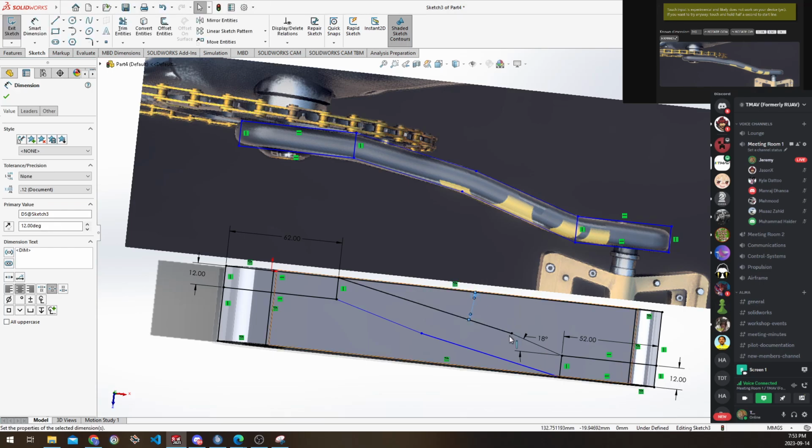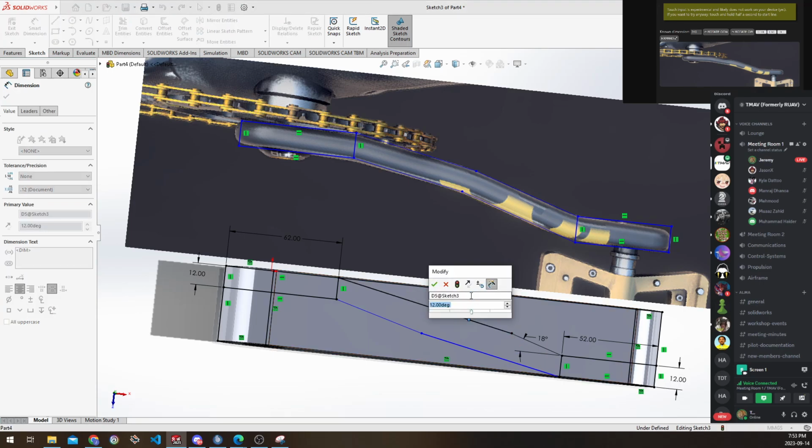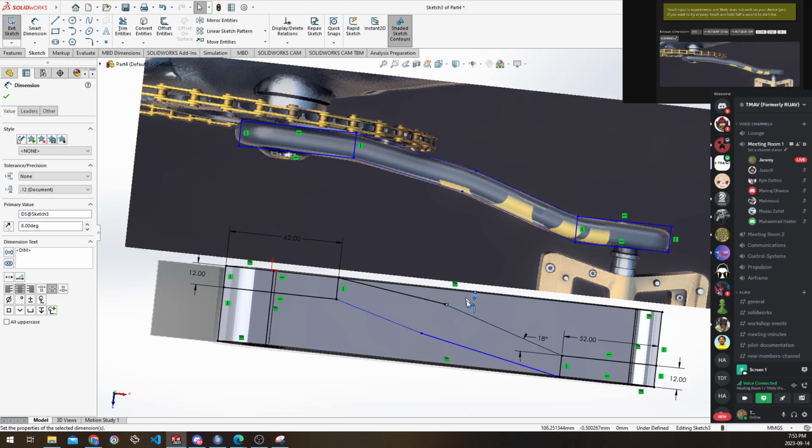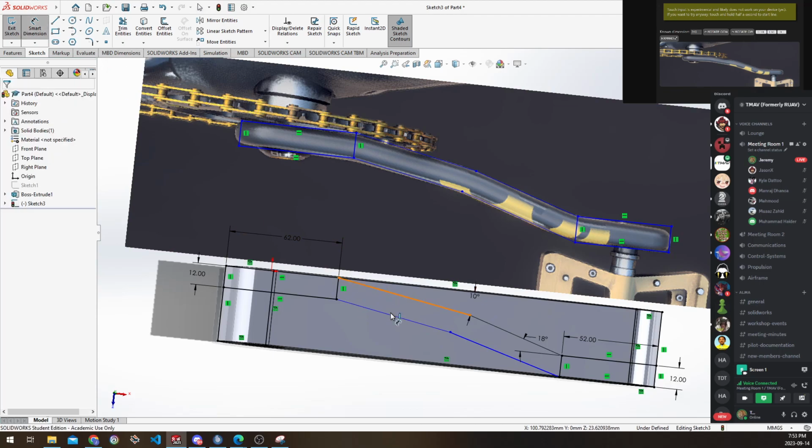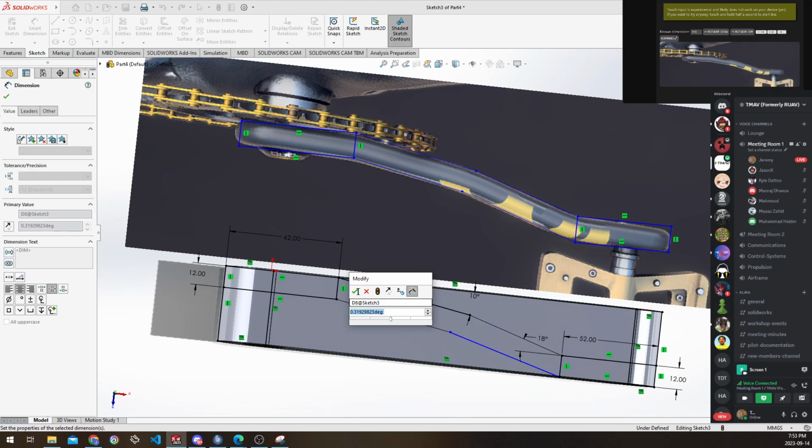Okay, about 12. Maybe let's do like 8. Is that close? Nope, let's do 10. A little bit of guesswork when it comes to shapes like this when we're not doing exact matches, but it's okay. And then what we want to do with this one actually is we want to just make these, the distance between these, sorry,